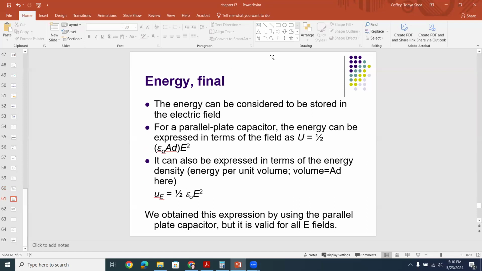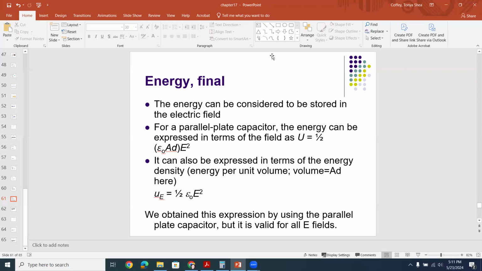The energy stored is actually stored in the electric field. We can think of the electric field as the mechanism for the energy storage. Now, in a parallel plate capacitor, the energy can be expressed in terms of the field as 1/2 times epsilon naught AdE squared, okay? And that comes from the equation for